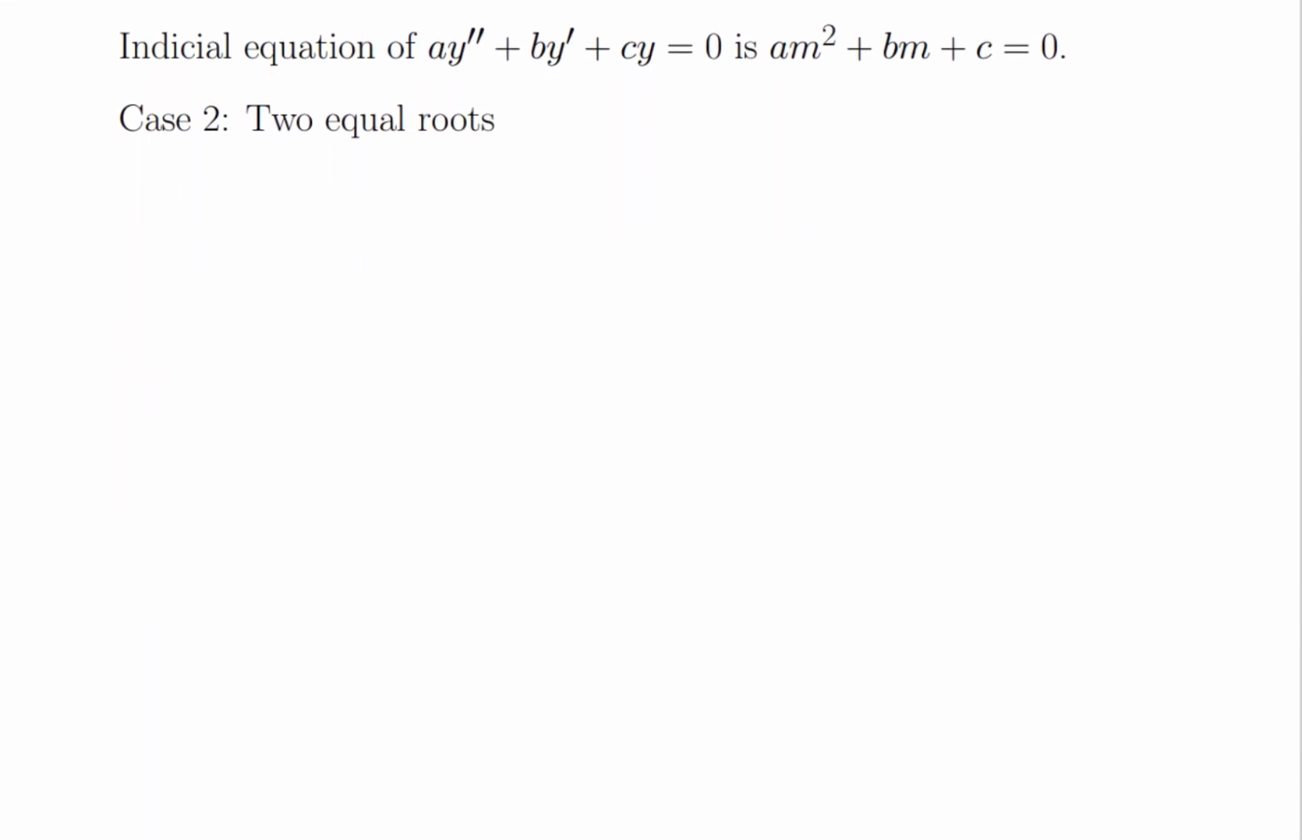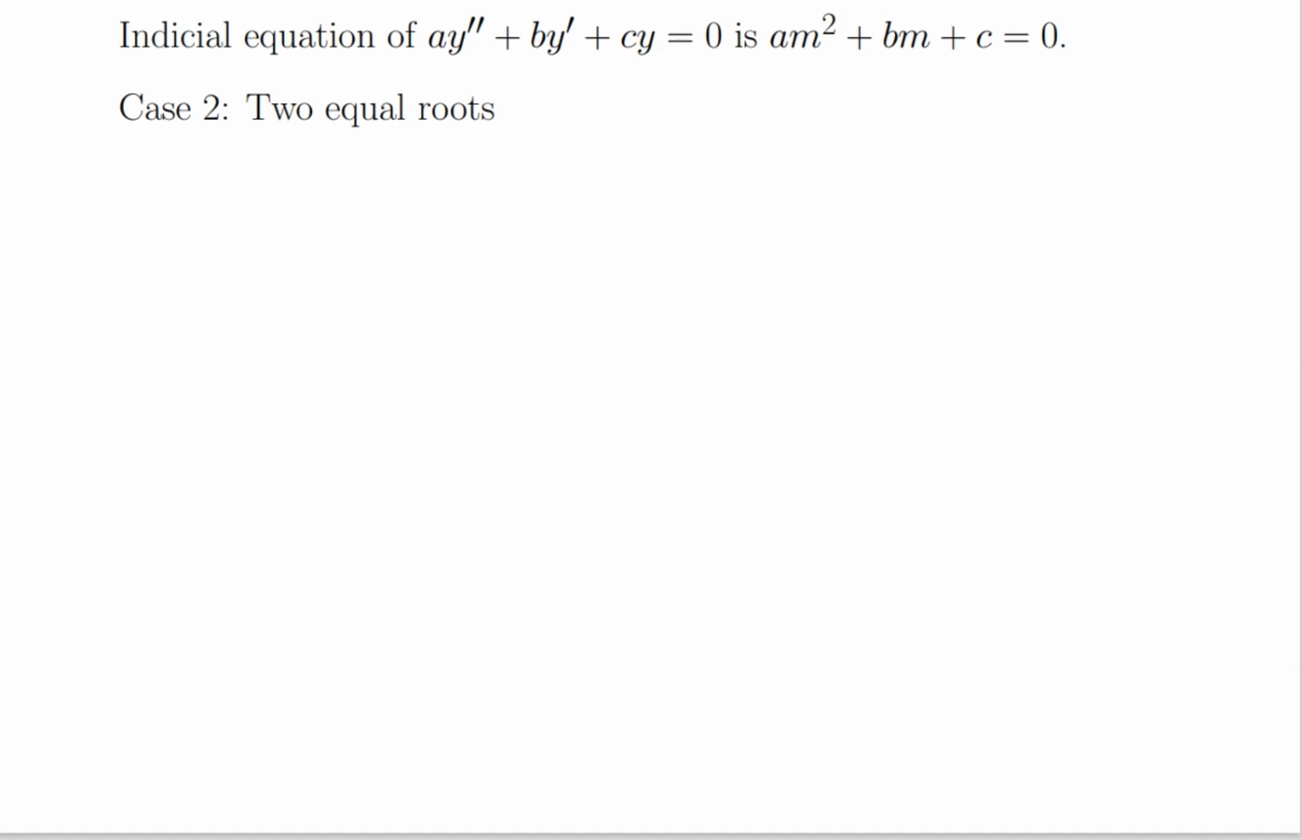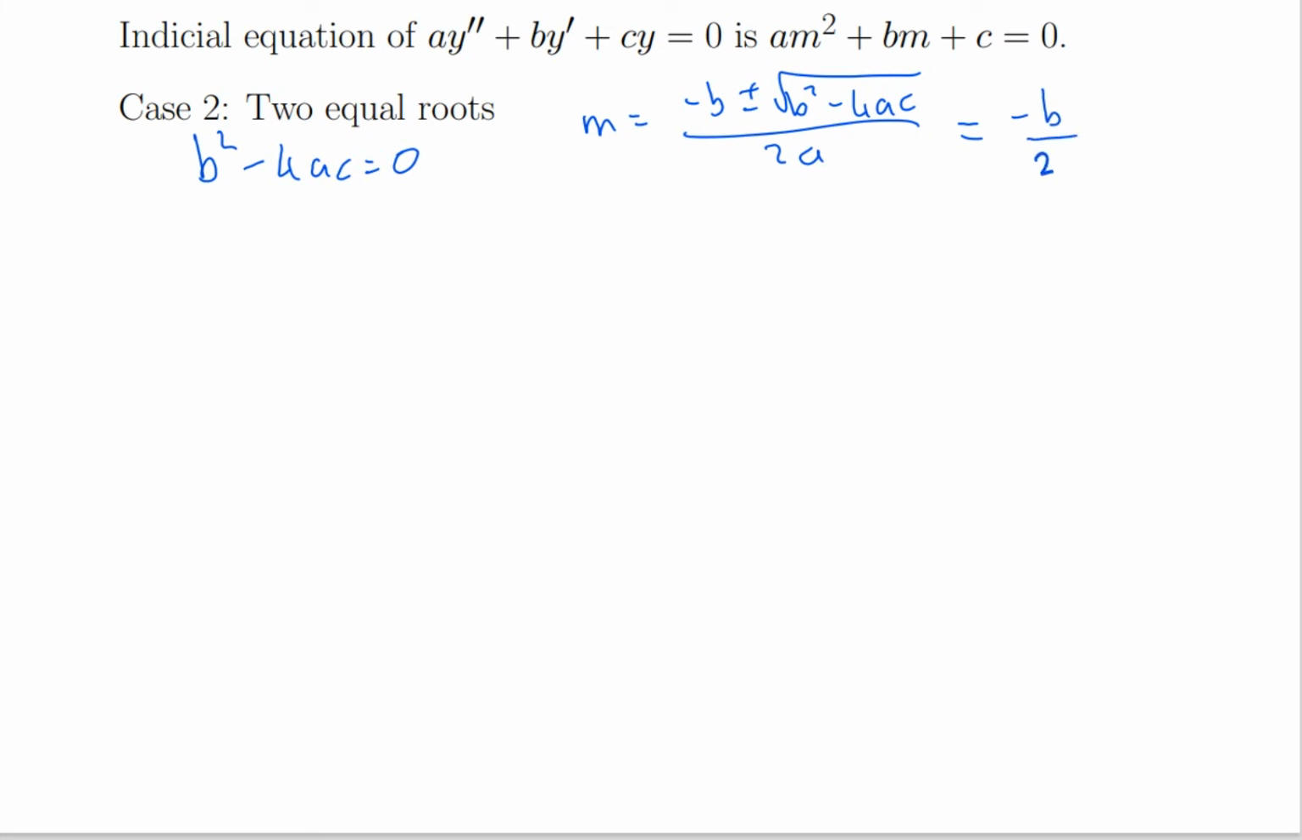Now we'll do the case of 2 equal roots. Now remember what the roots are. The roots are going to be minus b plus or minus root b squared minus 4ac over 2a. So the roots will be equal when b squared minus 4ac is equal to 0. And in that case, the roots will both be equal to minus b over 2a. And now there's a problem,